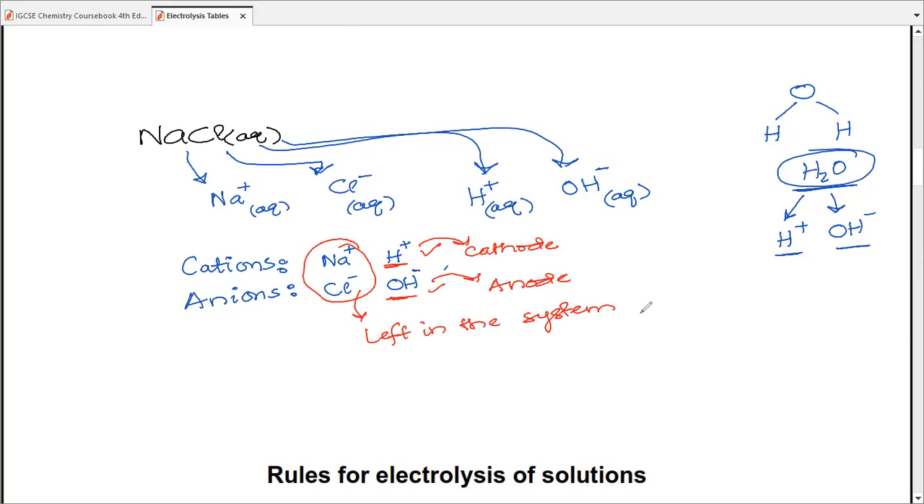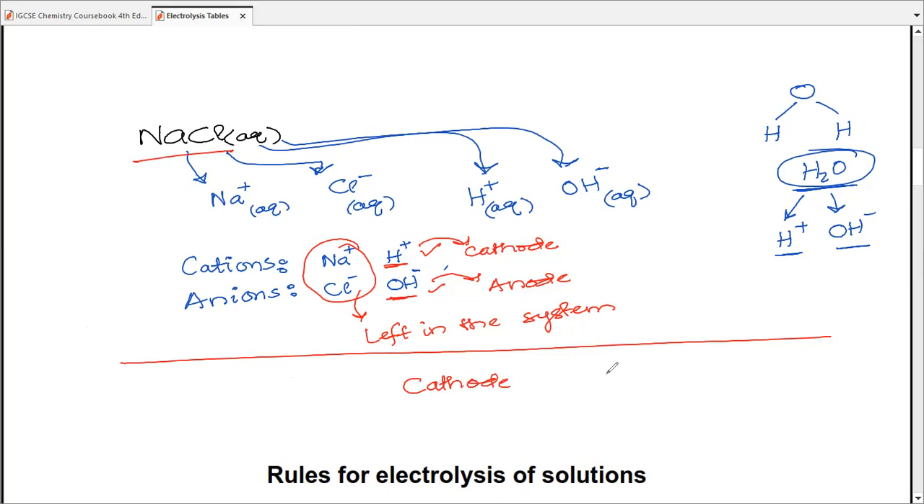And those two ions will react with one another. They may form the same thing we started off with, and they may form something new, which actually leads us to a different set of table in terms of electrolysis of solutions. Whenever we mark a table, we're going to tell you the product at cathode, the product at anode, and the product left in the system, or in other words,